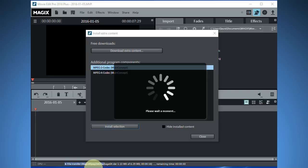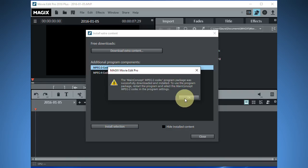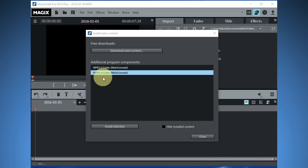Oh, that's MPEG 2 I'm getting now. It switched over to 2. I don't know. I wanted 4. Maybe 2 is free, but 4 isn't. I don't know what the deal is. Anyway, it's downloading it down here. And now it's done. Well, it looks like the MP4 codec is not free now and costs $5